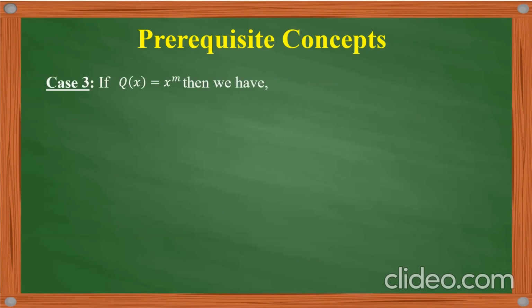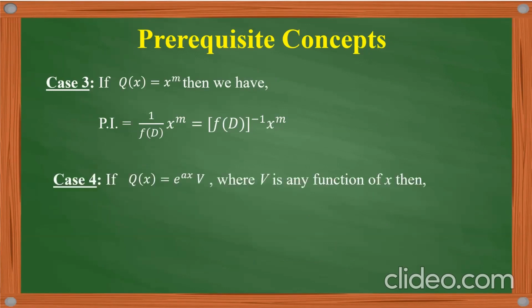Now let us move on to our third case, that is if we have Q(x) as any polynomial in x, then actually there is no particular formula, but we will just write f(D) as f(D) inverse, then we will apply its series expansion, and then we will apply this operator part term by term on x raised to m, according as it may be differentiation or integration, and we will solve its particular integral.